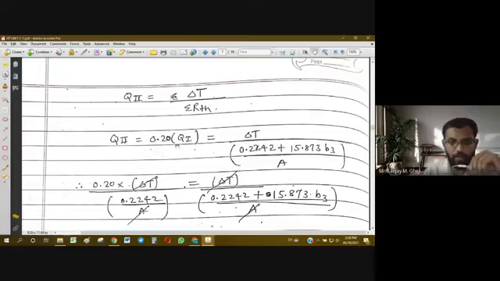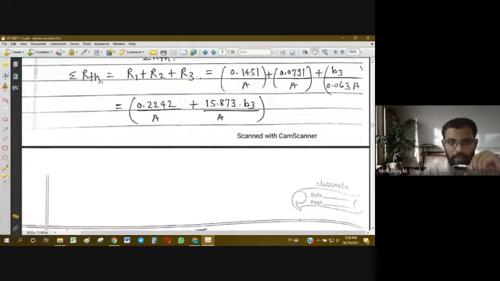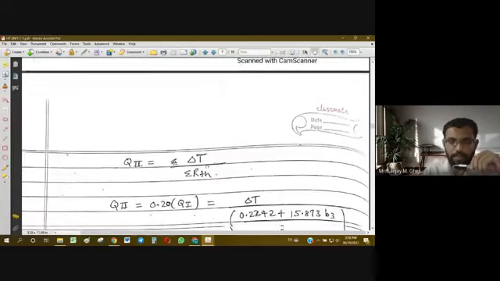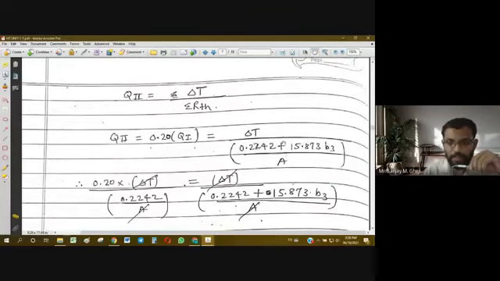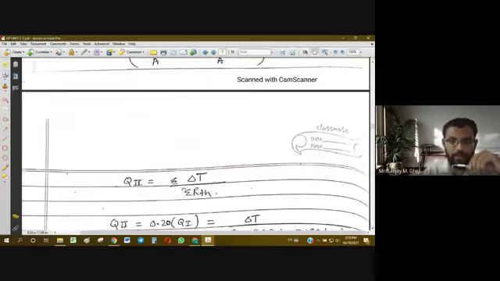So 0.2 into Q1 equals delta T upon summation R thermal. This entire expression is put in here. So now, in place of Q1, the heat transfer rate in case 1, we can replace its value from its equation. Q1 was found to be